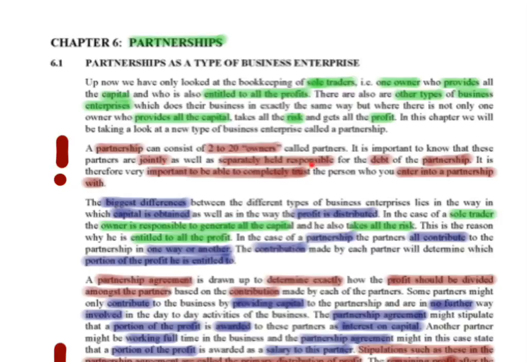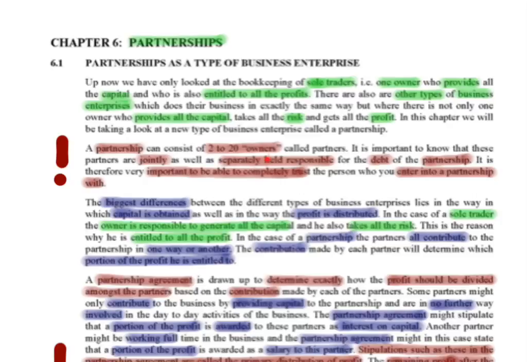Let's say, for instance, you are in a partnership and this partnership goes bankrupt and has a lot of debt that the business cannot pay back. Therefore, we cannot get the funds from the business's money. So everybody in the partnership is jointly responsible to pay this debt. If it happens that your partner is also unable to pay the debt, then you can also be separately held